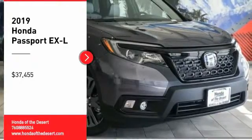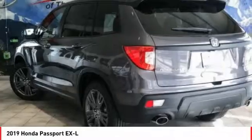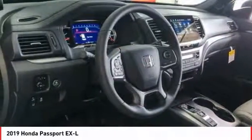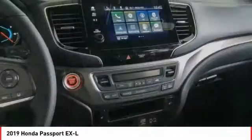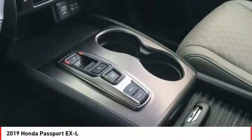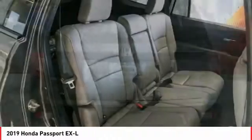Stop by and take a look at the 2019 Passport. This compact SUV from Honda is a good compromise of size and comfort. The compact design lets you maneuver well through heavy traffic while still having ample space to carry most anything you need. The Passport, which was assembled in Lafayette, Indiana, also gives you the comfort of Honda reliability and quality and